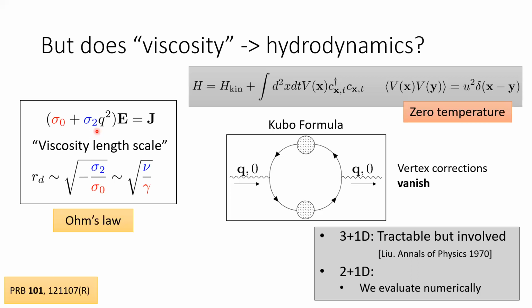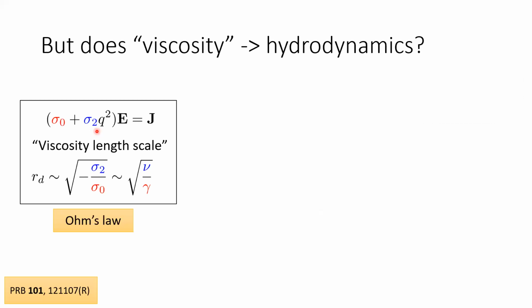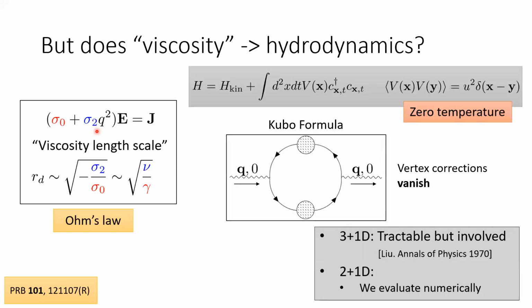Right. What I'm saying is the sigma 2 is essentially equivalent to your viscosity. But what do you mean essentially equivalent? This is just a coefficient of the Kubo formula. It has no temperature dependence. It looks like a viscosity, but it has nothing to do with a viscosity. Yeah, it looks like a viscosity. That's right. Sorry, did that answer your question?